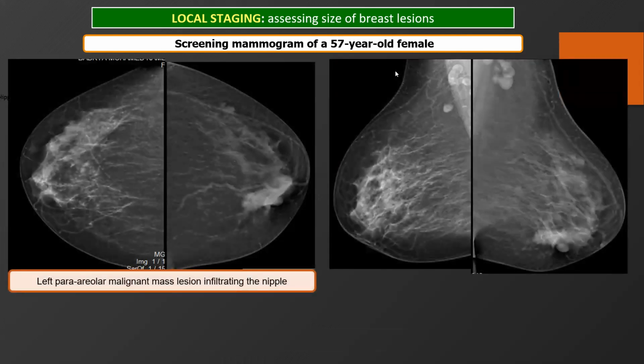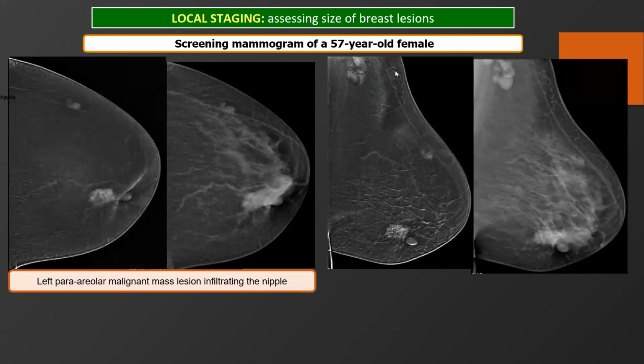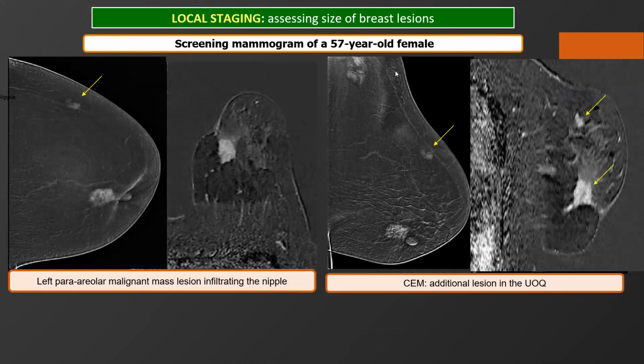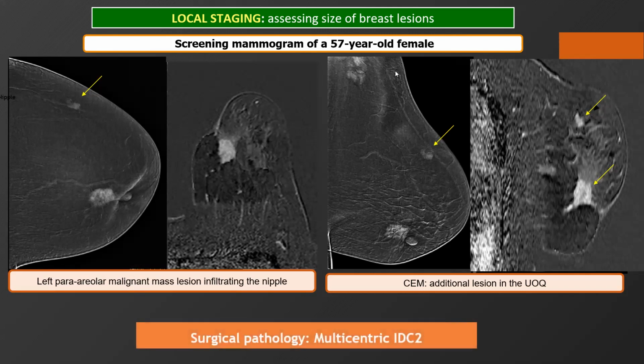A screening mammogram of a 57-year-old female showing left paraareolar malignant mass lesion infiltrating the nipple. With the contrast mammography, the mass is much smaller than seen in the mammogram, and there is another enhancing suspicious lesion in the upper outer quadrant of the breast. This was exactly seen on the MRI, showing the two malignant lesions, and this was a case of a multicentric